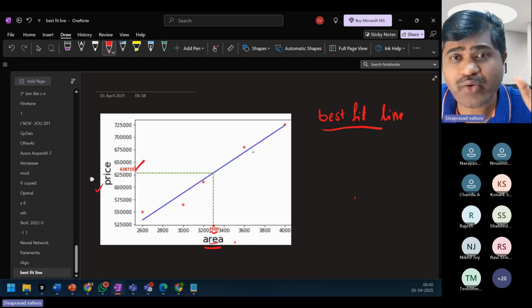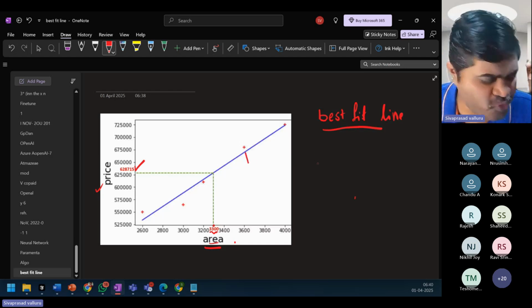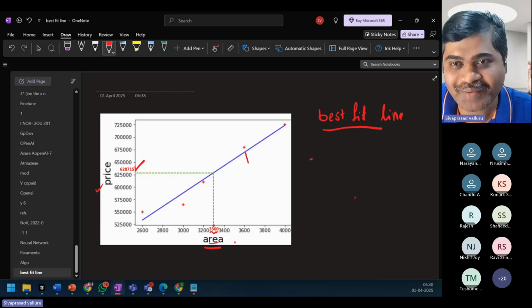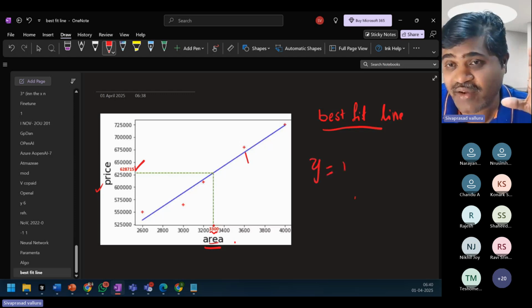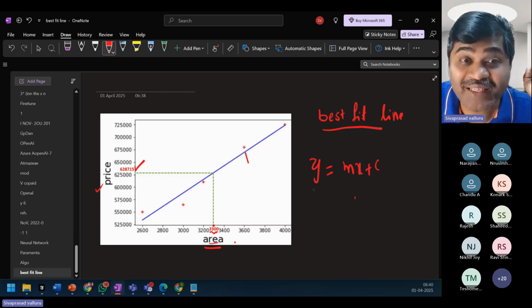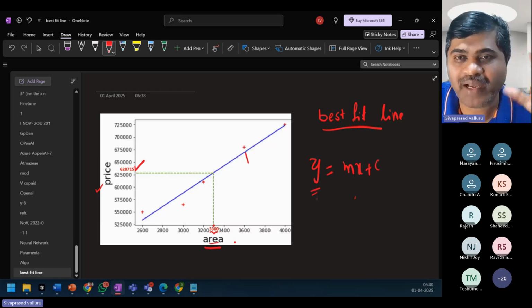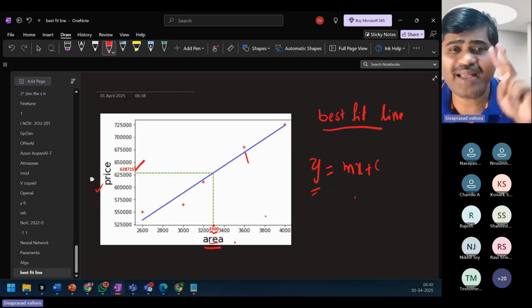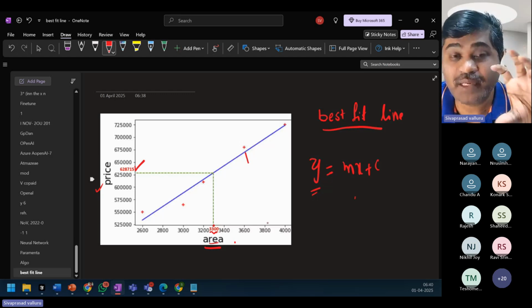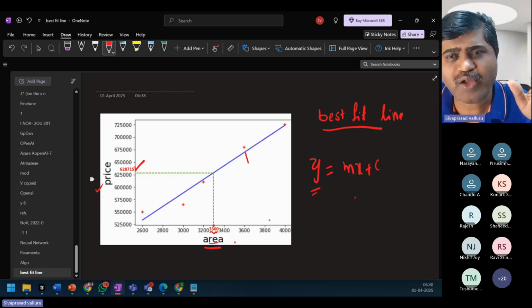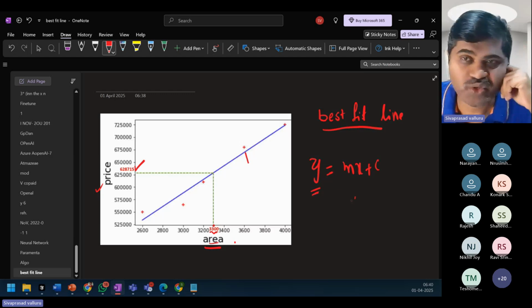I should somehow be able to identify the line. And as all of you are mathematics students, you should be able to find the relationship: the line equation is y equals mx plus c. So you have to find this equation if you are trying to predict a line. In this case, as the data has some linear relationship, I thought a line will be appropriate. So I have to somehow predict this equation.